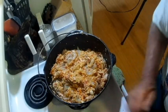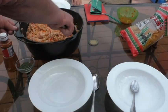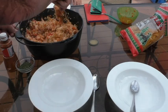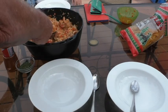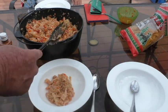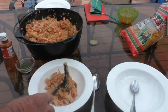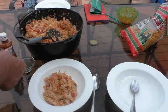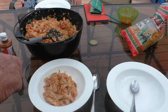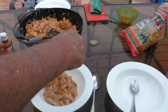Yum delish, as my girls would say. Well, there's the jambalaya all made. So we'll get it served up here. Probably enough for a normal person. I don't know about people here in Placerville. Put a little decoration on there